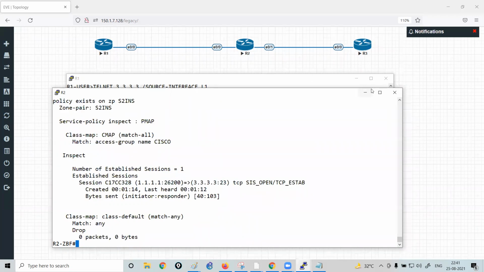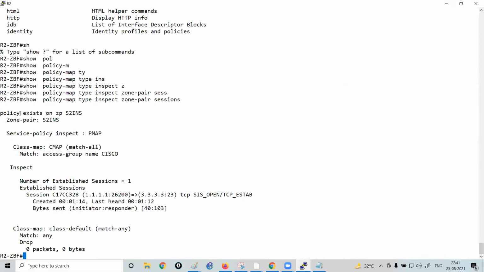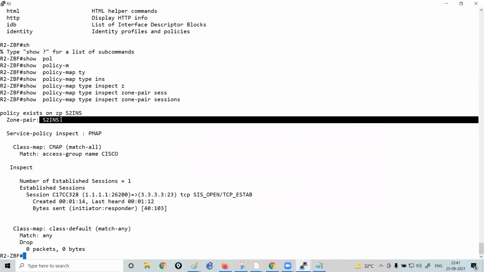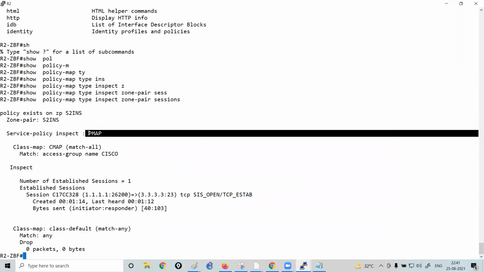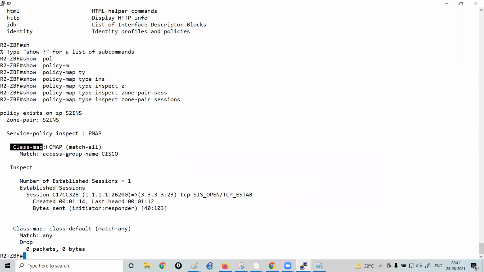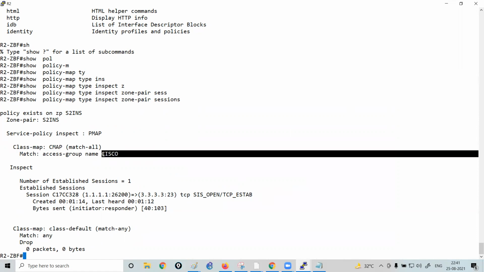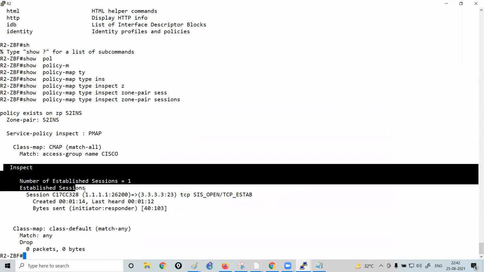Now, if you read the output, it says you have created a zone pair named secure to insecure. In this zone pair, you have called a policy map PMAP. And the PMAP says you have to match the traffic which is defined in the CMAP. And you have created an access list, and according to the access list, you can see the traffic is being inspected.